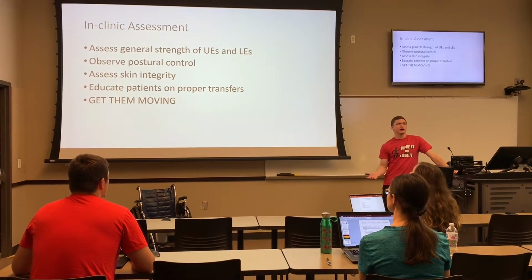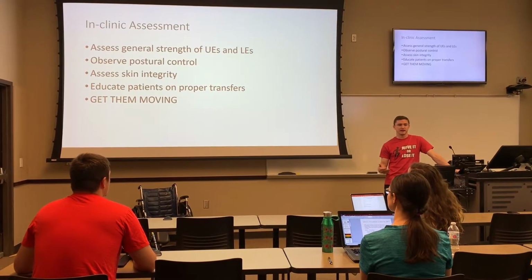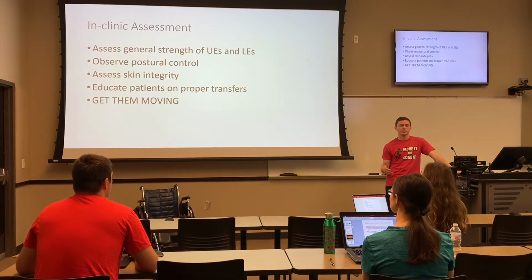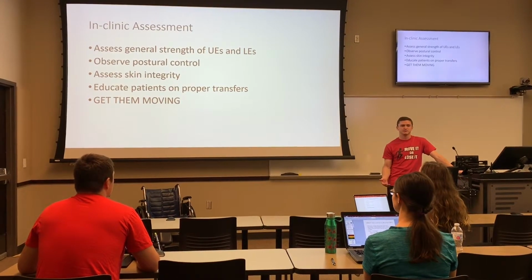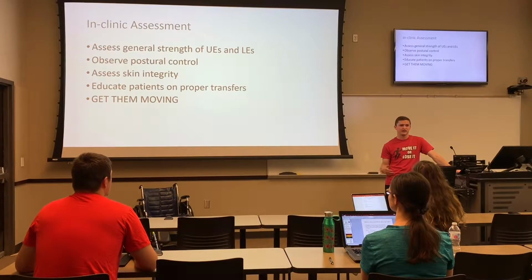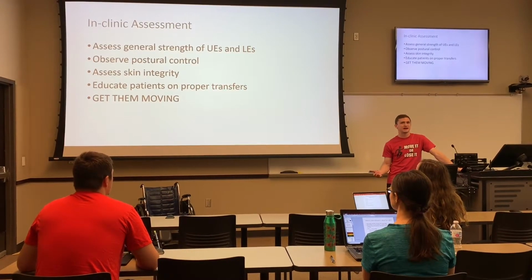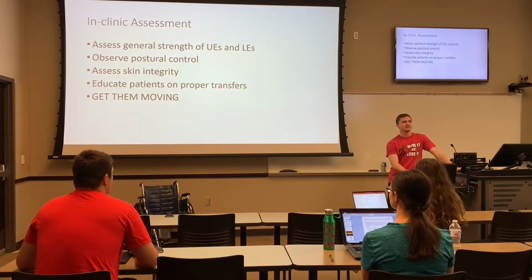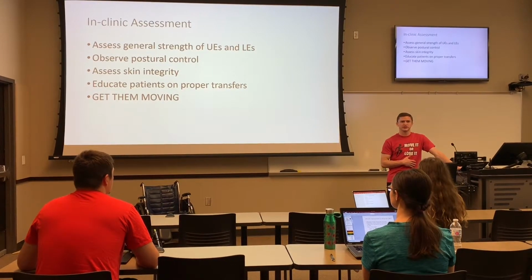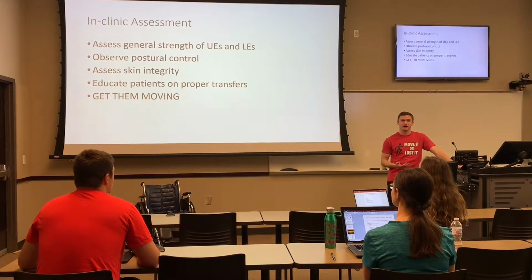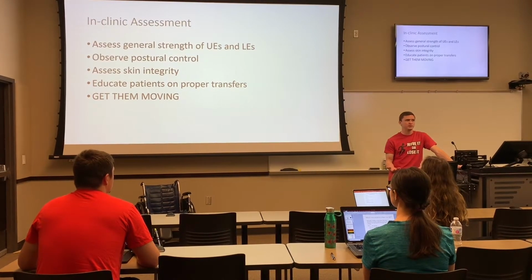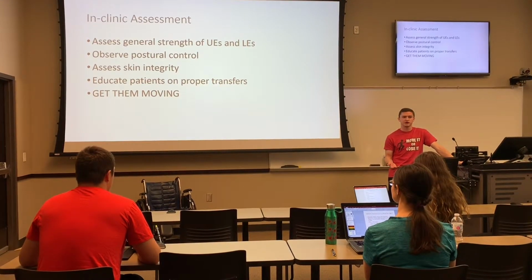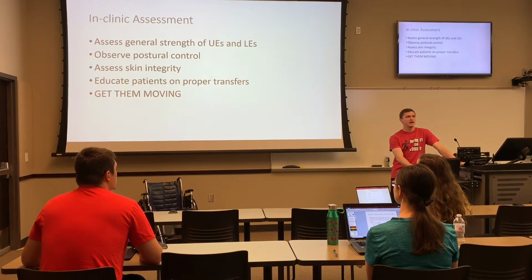And so one thing to be aware of in clinic when looking at wheelchairs and assessing MS patients is that you want to assess their upper extremity and lower extremity strength, just to make sure the wheelchair they're in is appropriate for them and that they can be as active as possible to decrease the muscle degeneration and atrophy that they're facing. You want to observe their postural control to make sure they can maintain an upright posture, and if not, give them suggestions as to what wheelchair would be beneficial to them. And you want to assess their skin integrity every time they come into clinic to make sure they're avoiding pressure ulcers and other skin